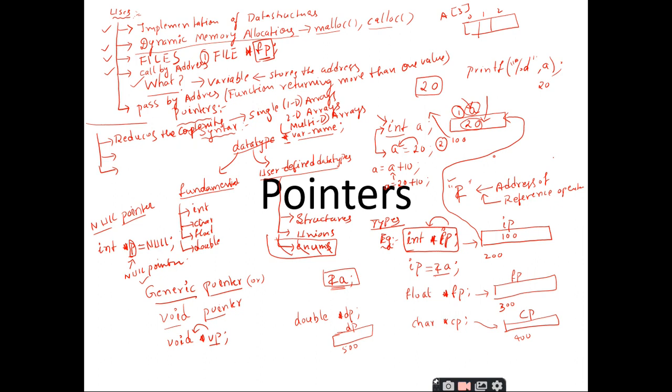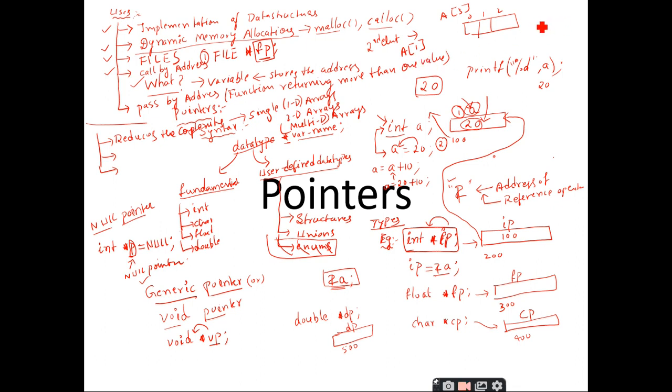This we all know, right? So whenever I want to access the elements of the array, you are accessing them by making use of the indexing concept. Am I right or not? If I want to access the second element, I will write it as a of 1, where a is the array name and 1 is the index number.